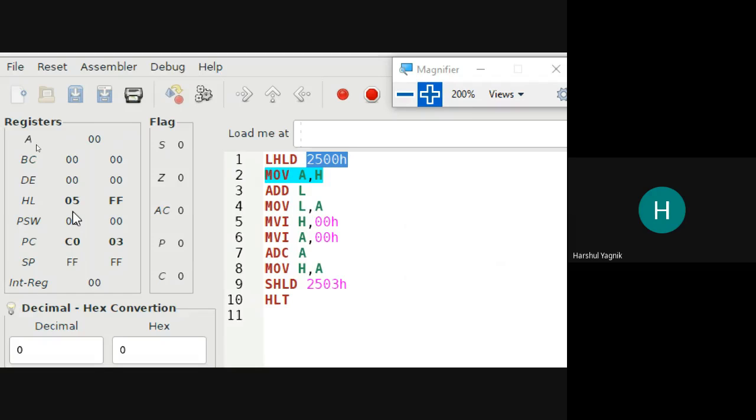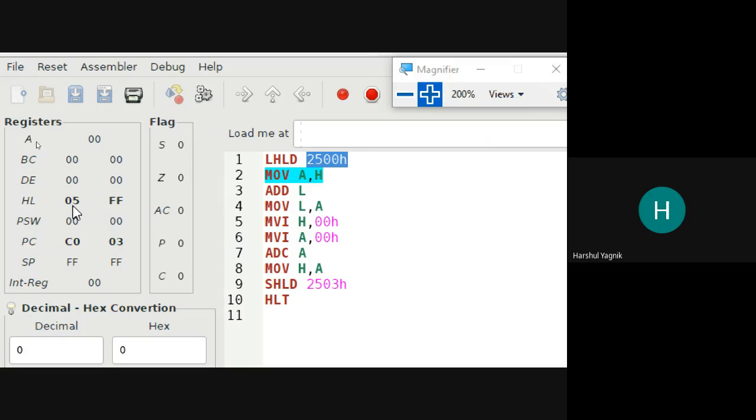Now we have to perform addition of these two numbers which are available in register H and register L. We know that in order to perform the addition operation, one of the operands has to be in the accumulator. And so the content of register H, we are moving to the accumulator. MOV A,H will move the content of register H to the accumulator.